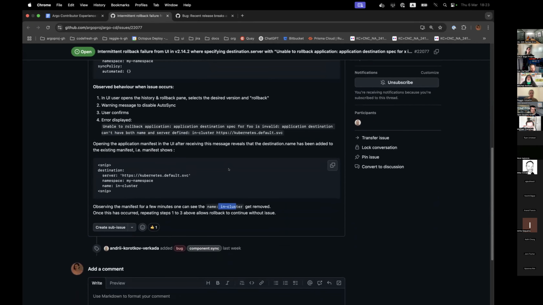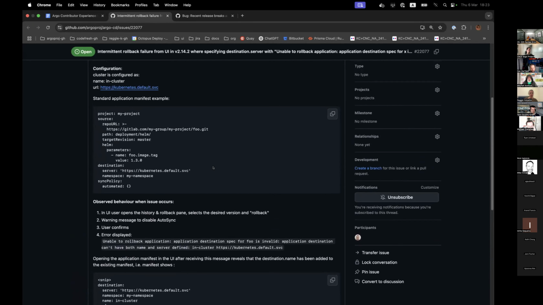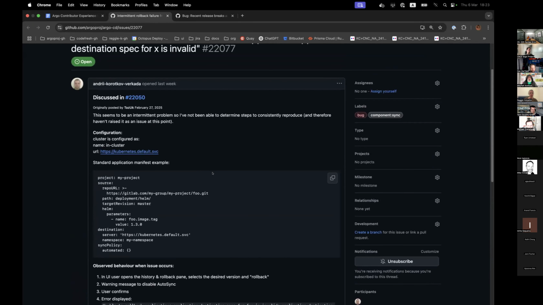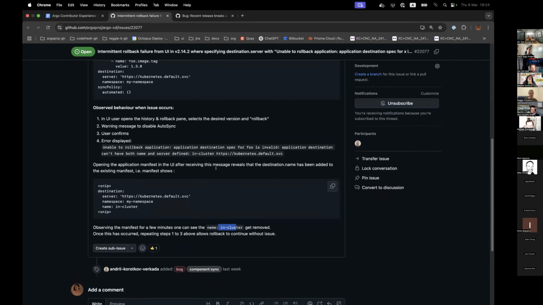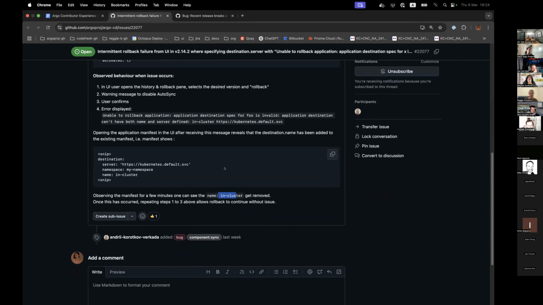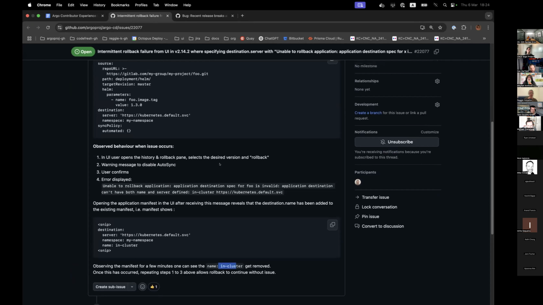I think the question is whether this is reproducible, first of all. From the description, it's pretty difficult to tell what the root cause is. It looks like maybe destination name gets auto added to the manifest.